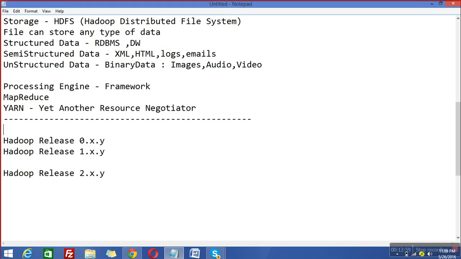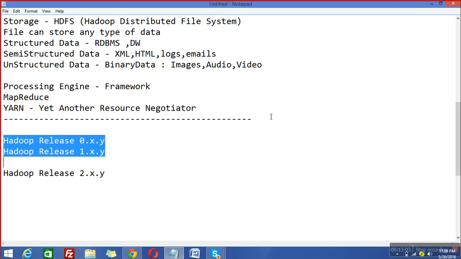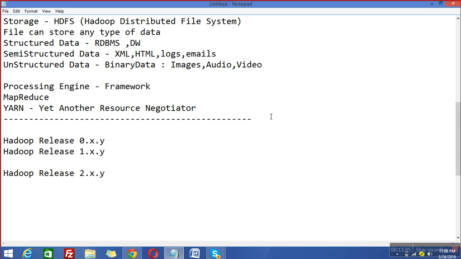So if you install earlier releases, that is release 0, release 1, then you will get HDFS as storage with the MapReduce framework for data processing. So if you download release 0 or release 1, you will get this package, HDFS with MapReduce.